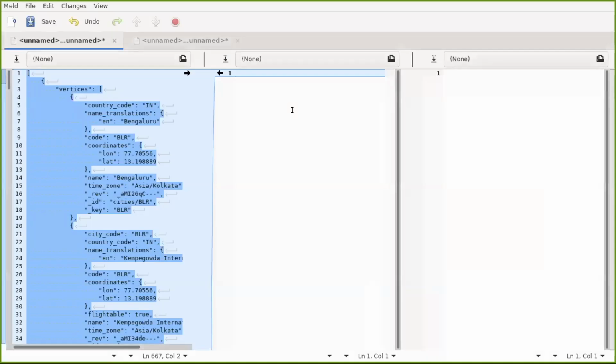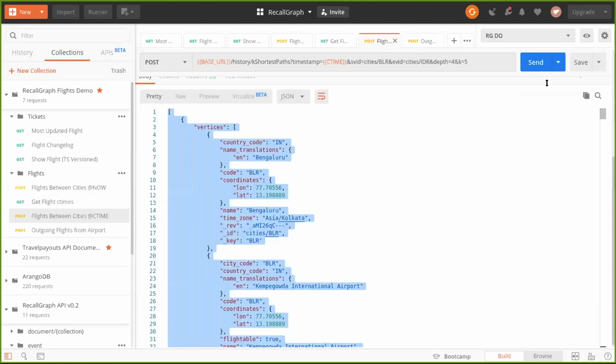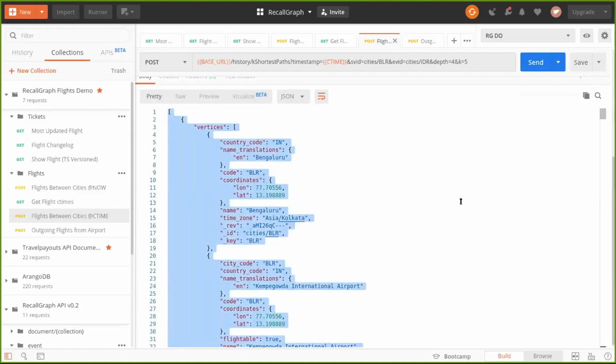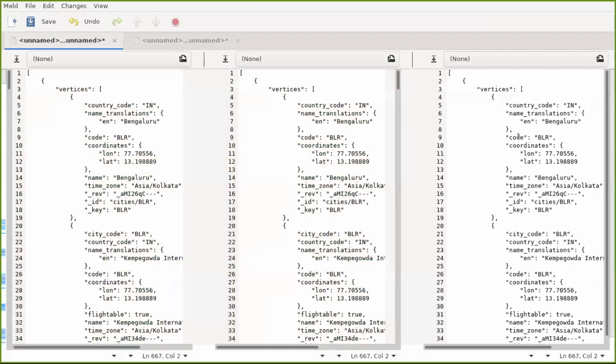Let me paste this. And this, hopefully we will get results. There will come a point in time where the timestamp will have gone so far back in the past that one or the other legs of the journey gets broken, and therefore no paths return because there are no available flights for that leg. Thankfully, I haven't reached that point in time yet, and therefore I can do a three-way compare.